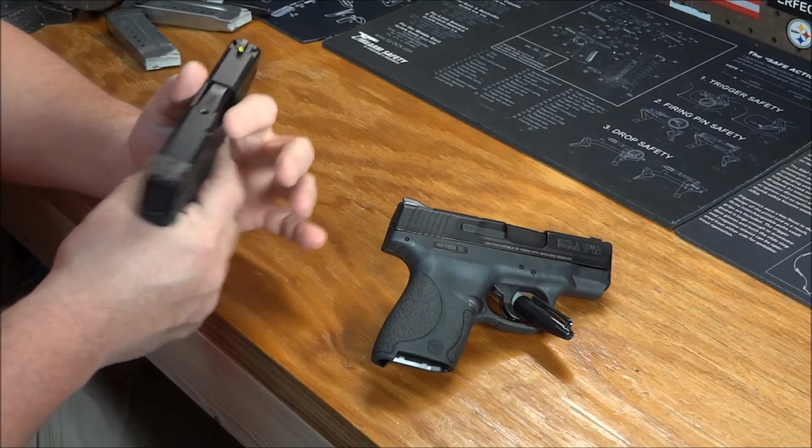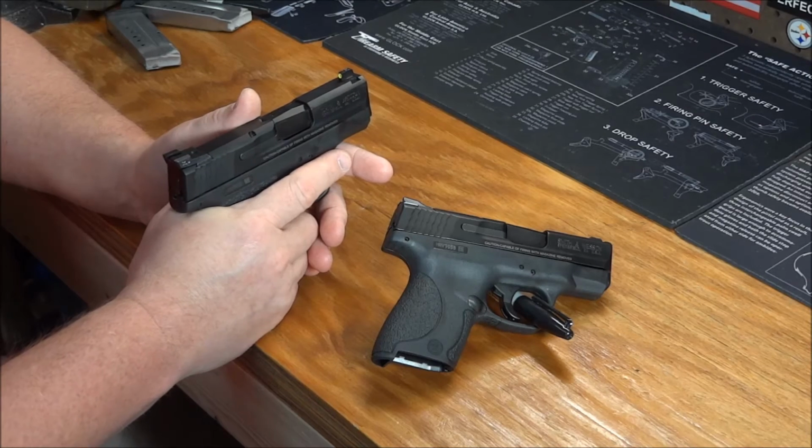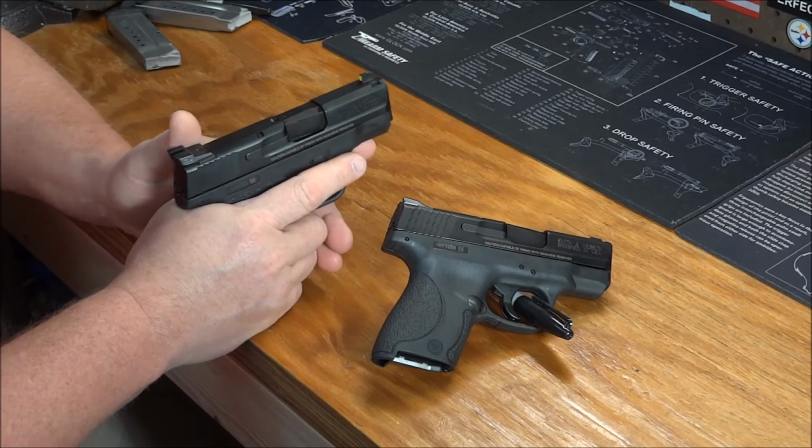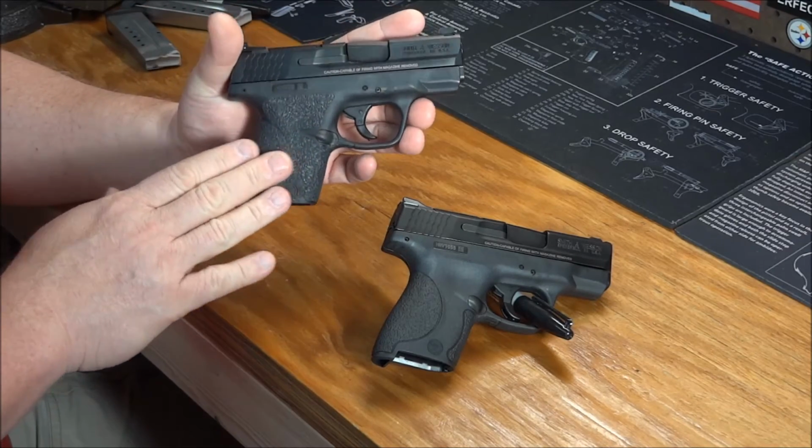I went with the rubberized grip because this is for concealed carry, and the tacky skater's tape sandpaper style finish to me just wasn't that appealing. All right, so that's one big difference between the two. The only other difference,